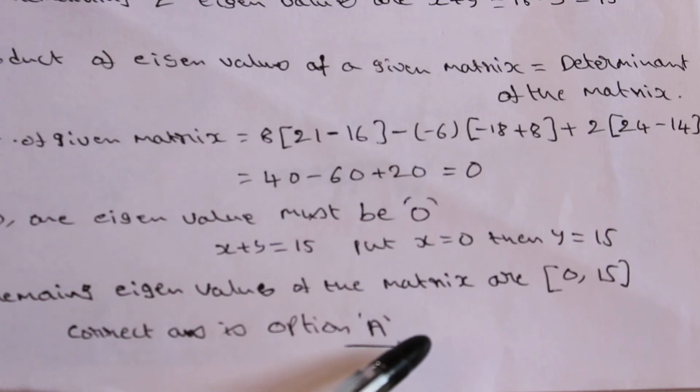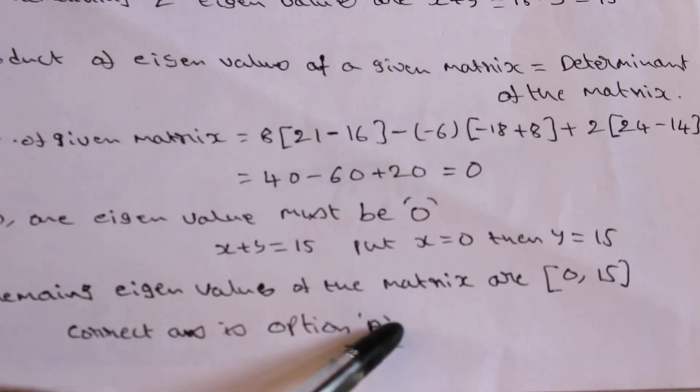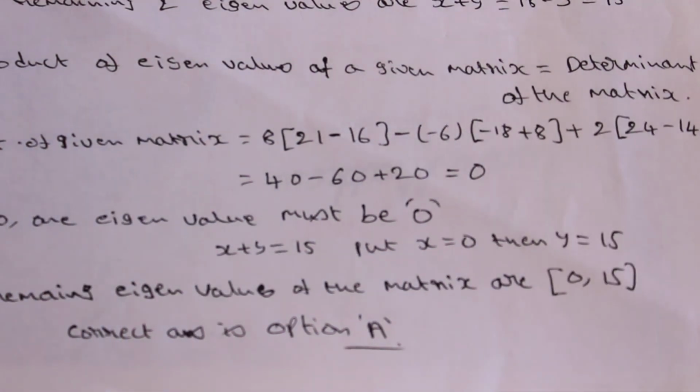Even if it is not a singular matrix, you can try and verify it using these 2 points: the sum of the eigenvalues of the given matrix is the addition of the diagonal elements, and the product of the eigenvalues is equal to the determinant of the given matrix. Just remember these 2 points. You can solve any question within a fraction of a second, sometimes, or within a minute. It will save you time.